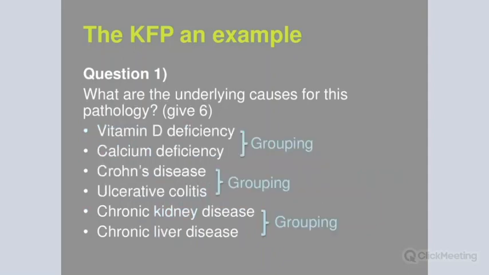I hope that makes sense so far. And we've just got another question in the chat box there. The question does ask, as I said, what are the underlying causes for this pathology? And I think the question should just be worded, what are the underlying causes for this pathology in this patient? And I think that's probably where most of us got frustrated in the KFP course I attended with RSEGP,